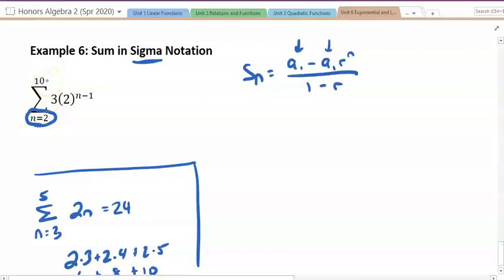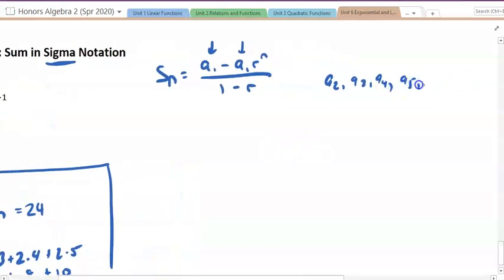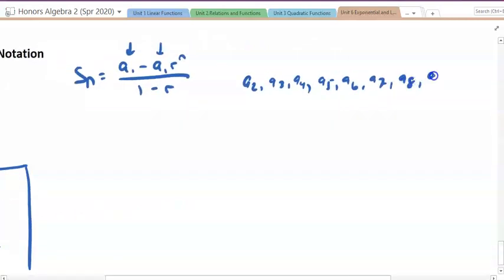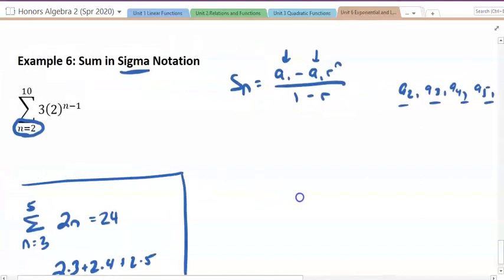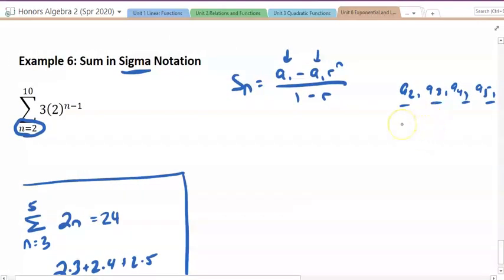And so I don't have 10 terms here, I only have 9. Because if we think about listing out a sub 2, a sub 3, a sub 4, and working our way out, a sub 5, a sub 6, a sub 7, a sub 8, a sub 9, and a sub 10, how many terms do we have? There are 9. And so the easiest way to find this is you take the two numbers, so the 10 and the 2, so you go 10 minus 2, and you always add 1 back. And so that will give us the 9. This will be your n for this problem when we go to plug it in to our